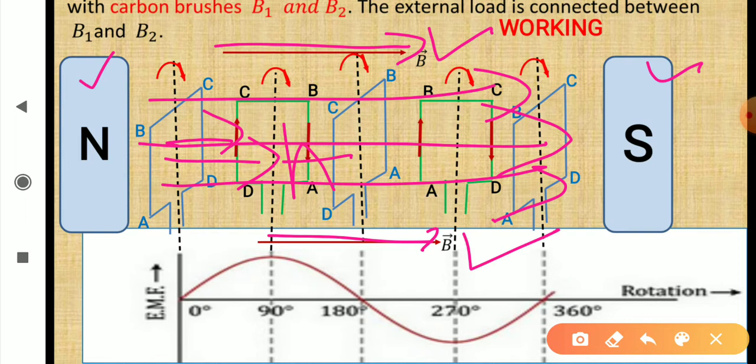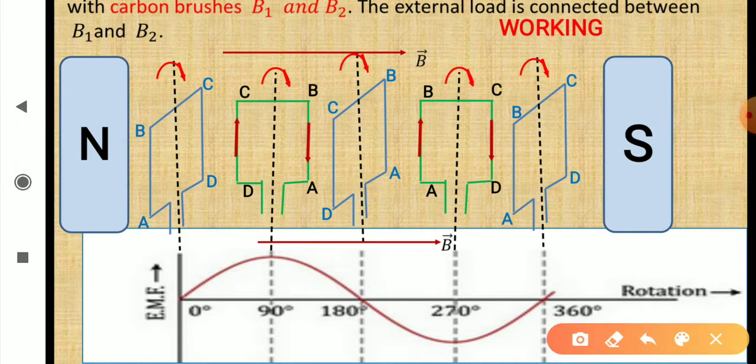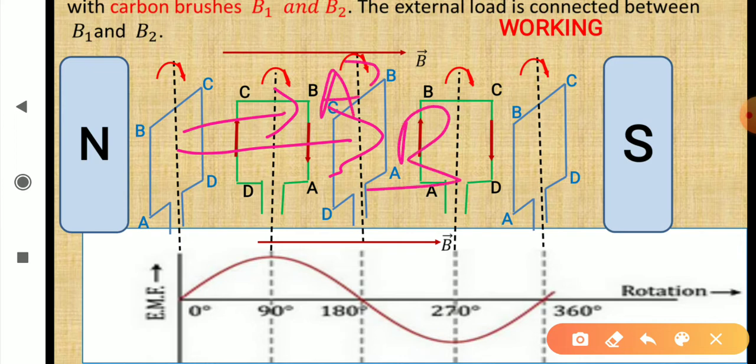Now in such a situation, the magnetic flux linked with the coil is maximum. But if you have a look at it once again, see, the magnetic field is along this, the area vector is along this. Now see, the sides BC and AD will not cut magnetic field lines at all, and we are turning the coil this way. So in whatever position, BC and AD will not cut magnetic field lines. So they will not produce any induced EMF.